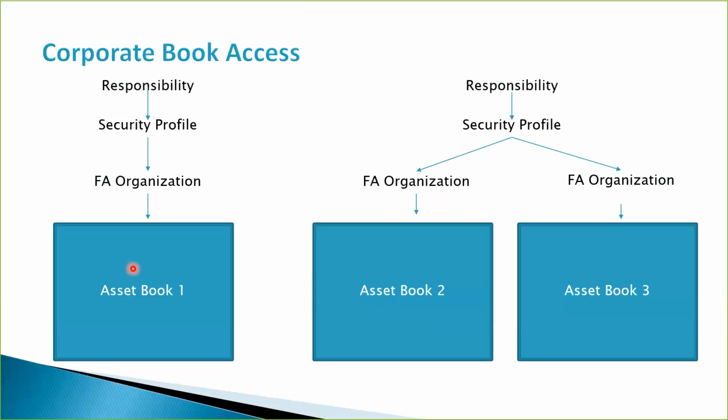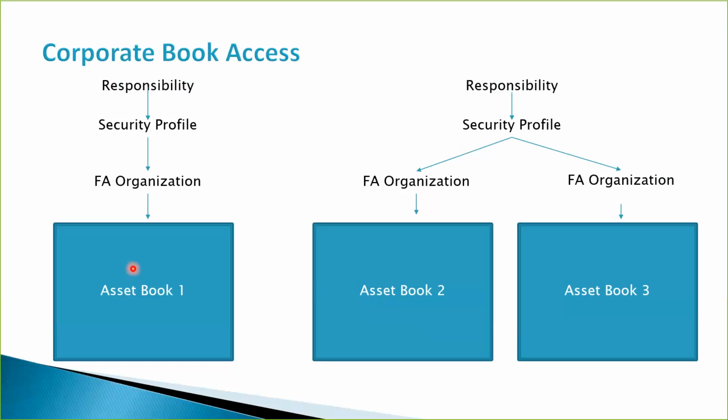So when you want to grant access to a particular book, what you have to do is you create an FA organization, all right? Remember we talked about some of these system organizations that represent entities in the real world, such as business group, inventory organization, right? We talked about this when you're talking about multi-org, but I insist that FA does not